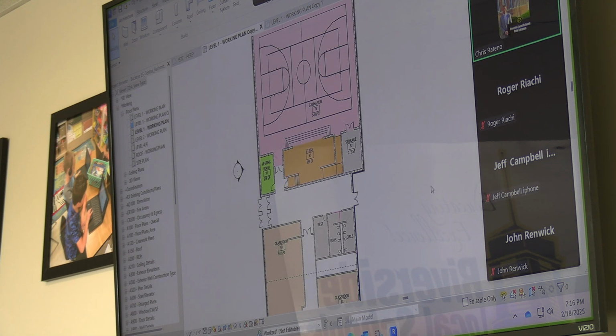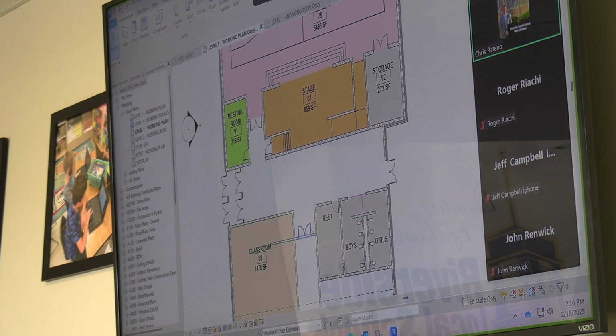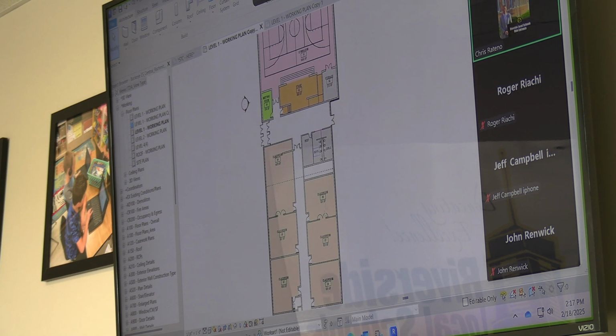Could you flip the bathrooms to face the hallway? You can. So I looked at that too. The challenge with that is it does push that wall and door down. And so I don't know if that's good or bad. It would be less noticeable, and on a normal daily basis, having that pushed down a little bit would probably be better for the kids in this hallway, because they would have closer access to the